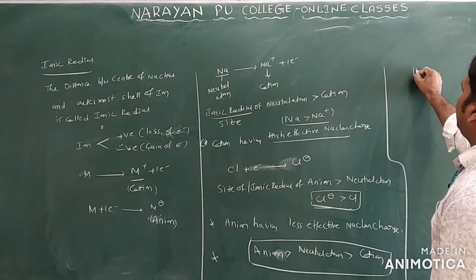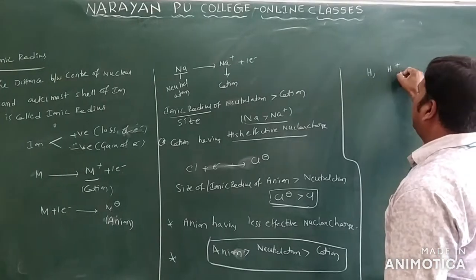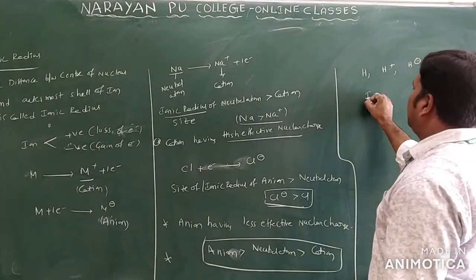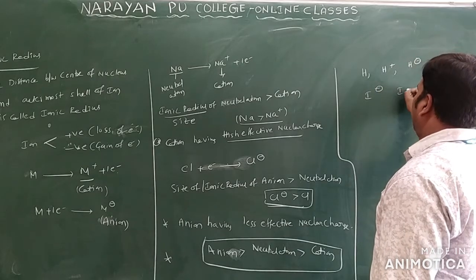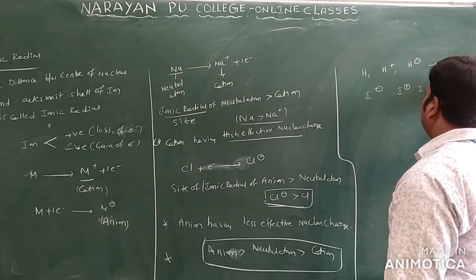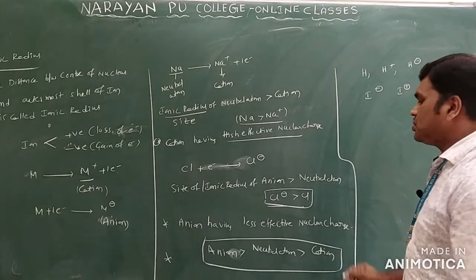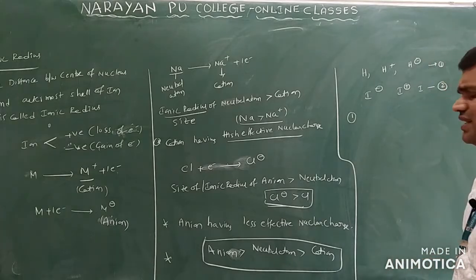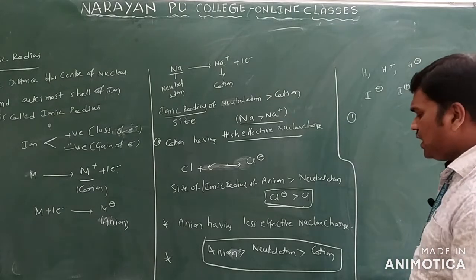I want to take here hydrogen and H plus, I minus, and one more, I minus and I plus. This you can take as example 1, and this you have to take as example 2. So what is the correct size order? You can say for the first element only, it's a decreasing order only. So what order can you follow?